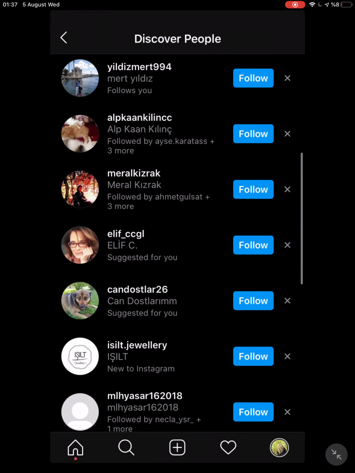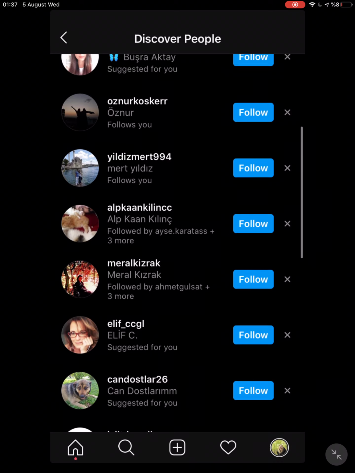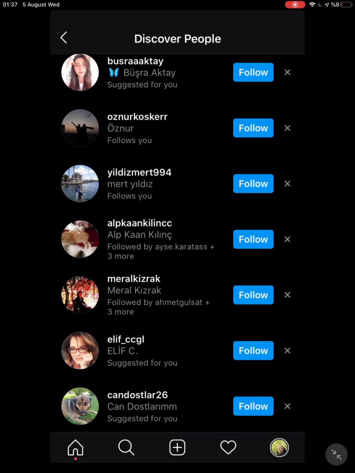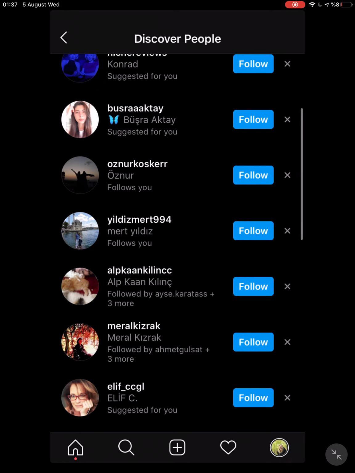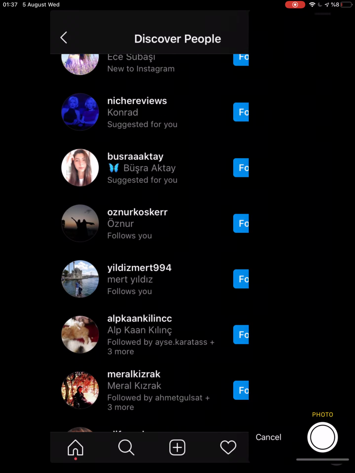Follow all your contacts on Instagram by tapping follow all, or choose which contacts to follow by tapping follow next to each one. Instagram can pull contacts from your phone's saved contacts for you to select to follow, and if you change your mind at some point